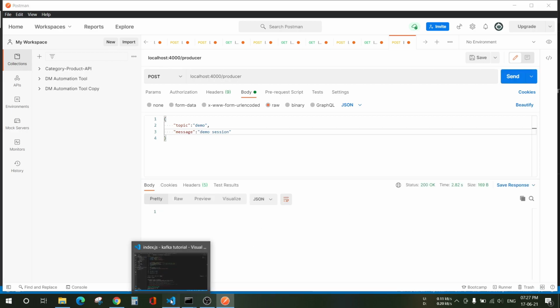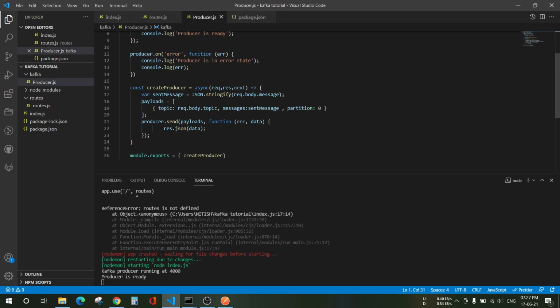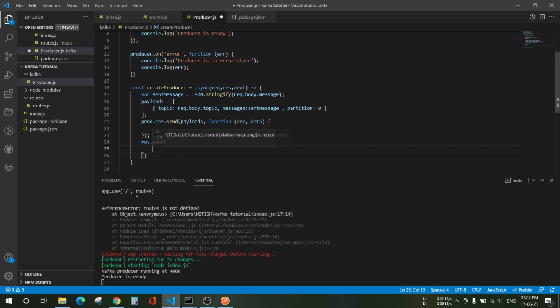The status is okay. What we have to do is we'll just go to producer, and we just erase all of these and create one thing, res.send, message saying successfully added, topic, and payloads.